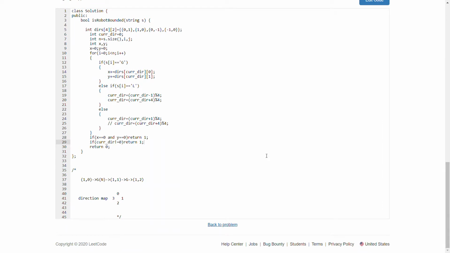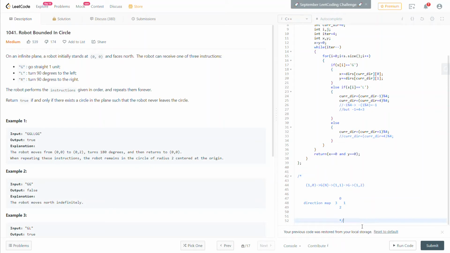I mean, say we are initially in north direction. We are initially in direction 0, north. In one iteration, we have displaced, our direction has changed to 1. Then it will change to 2. Then it will change to 3. And finally again we would be at 0. So we would return to the starting point.